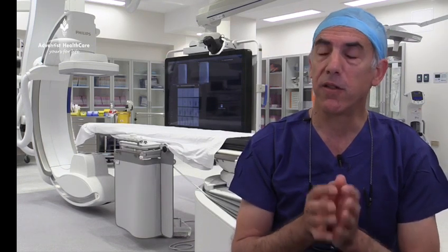An aortic aneurysm is a blowout in the main artery going through the abdomen. And usually these aneurysms occur below where the kidney arteries come off. And once an aneurysm, or once the enlargement in an aorta has reached beyond about 5 centimetres, that becomes a risk to the patient's life because that artery can rupture and the patient has a very high chance of dying